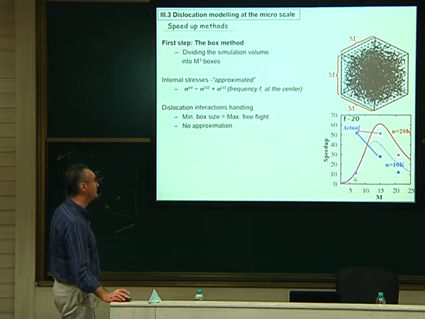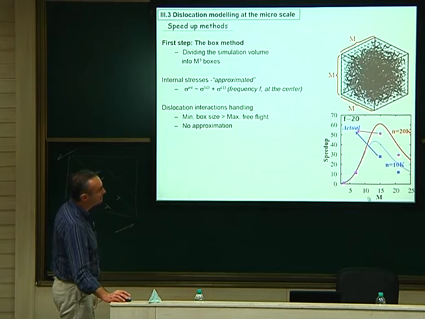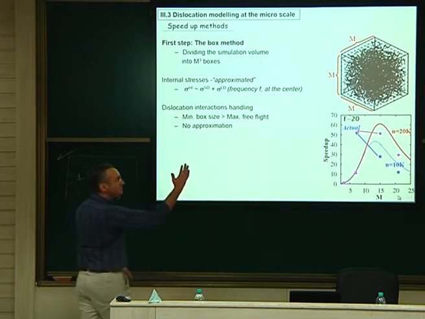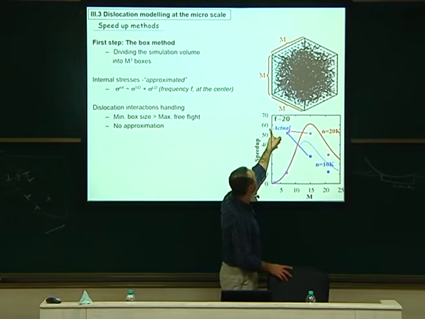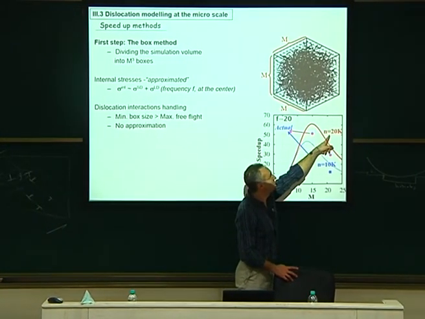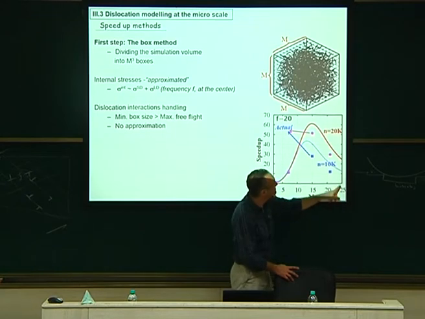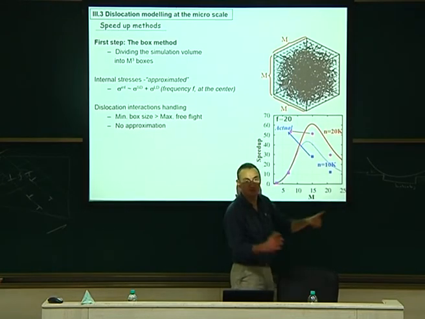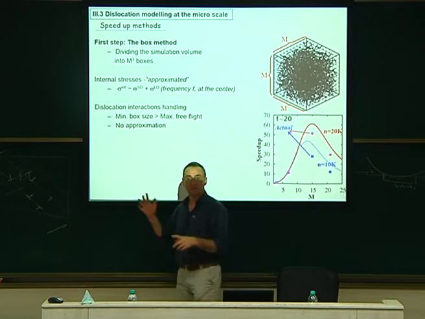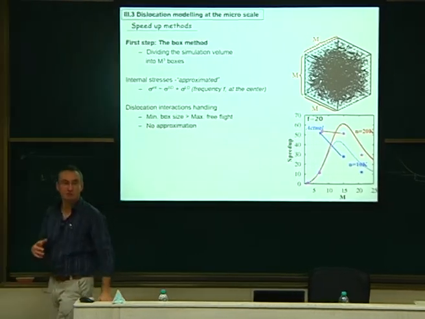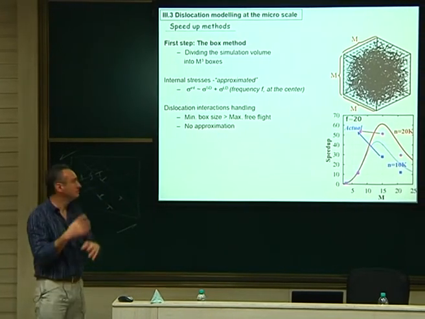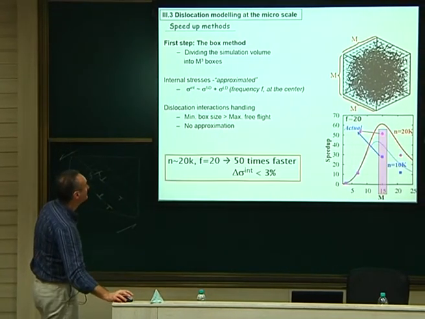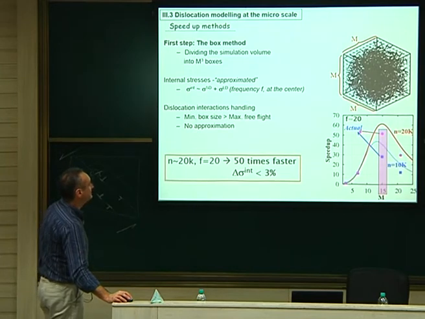So this is the speed up calculation. If you have 20,000 segments or 10,000 segments, depending on the number of boxes, you have some maximum of the speed up. So with 15 boxes, you are able to be 60 times faster if you have 20,000 segments. But even if you increase the number of boxes, you will lose efficiency. So you need to adapt your box number with, of course, the number of segments. So actually, this has to be dynamic. The box has to be remeshed with deformation.